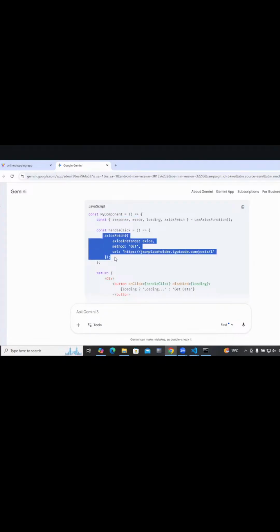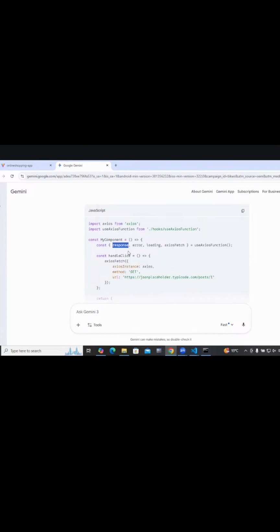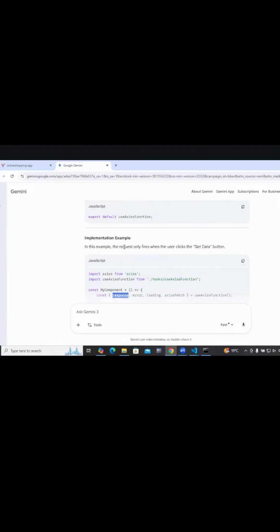Handle click, Axios fetch. And where is the response? Okay, this is the response. Same we are doing, right?